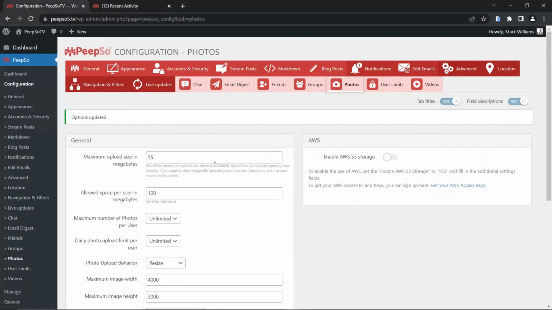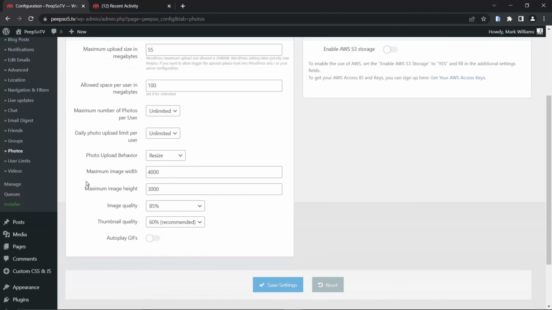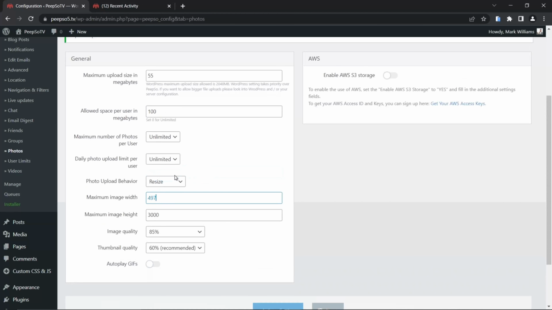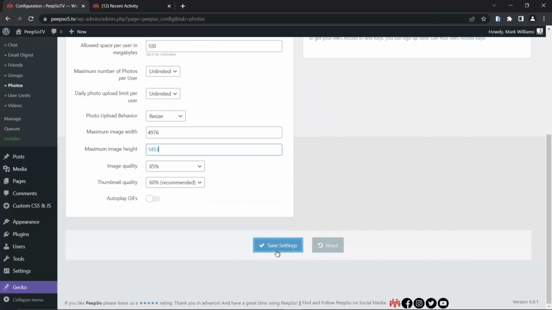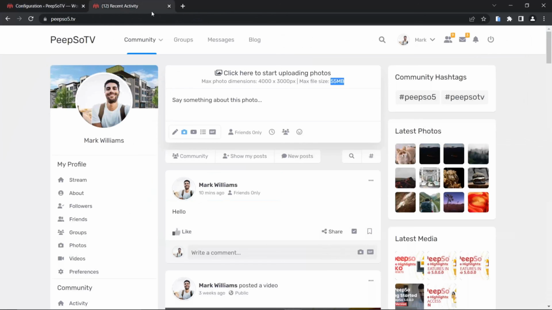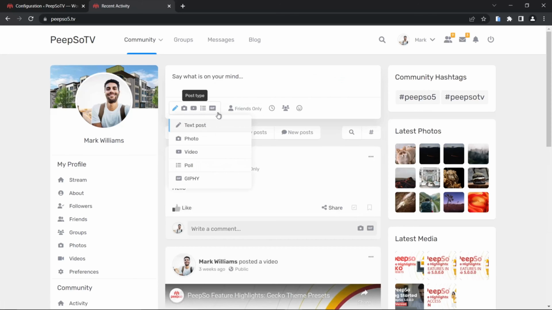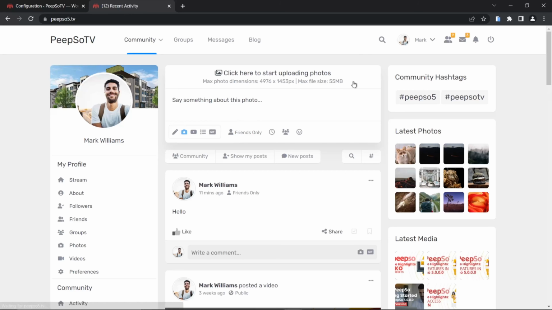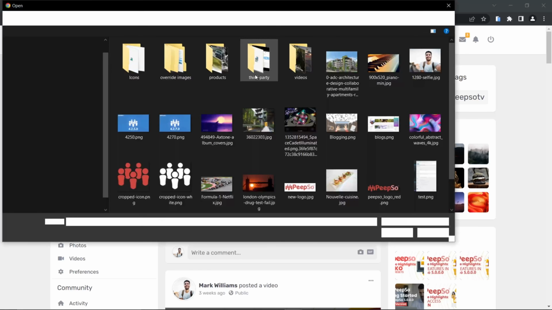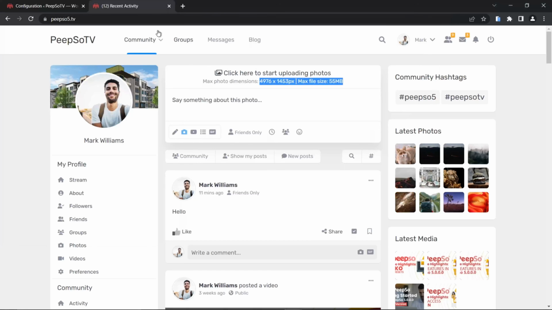let's come back to the settings, and let's say the maximum image width will be 400, this number, and height will be this number, just to make it spicy. Okay, refresh the page to apply the new settings, go to photos, and now you have this completely custom configuration for uploading photos. Okay,